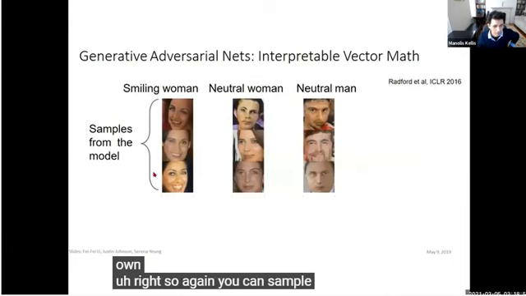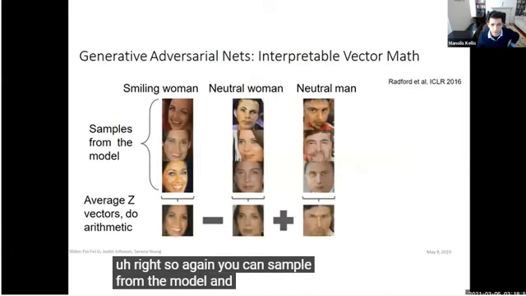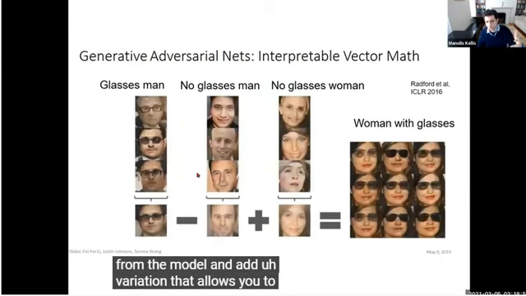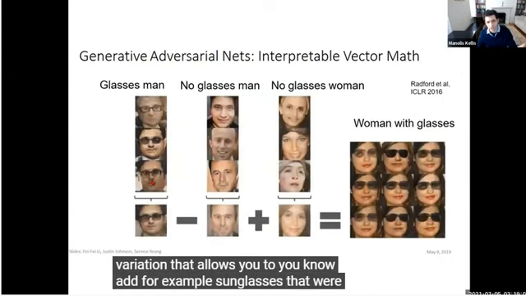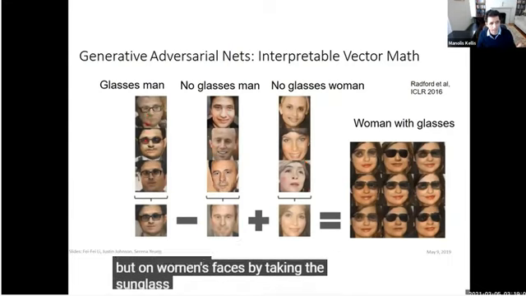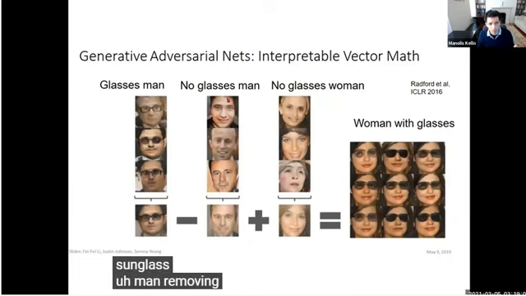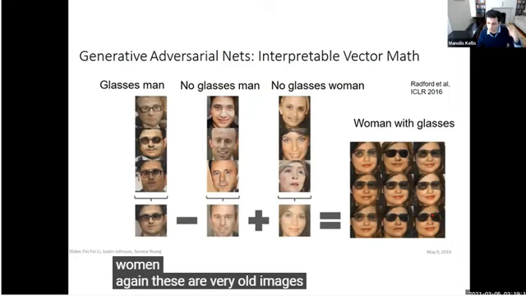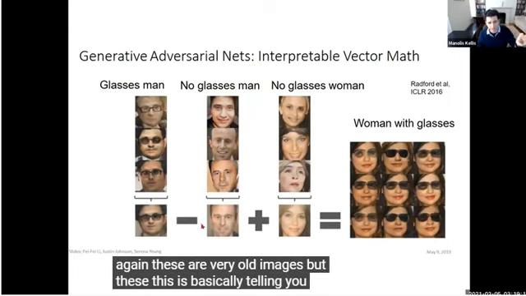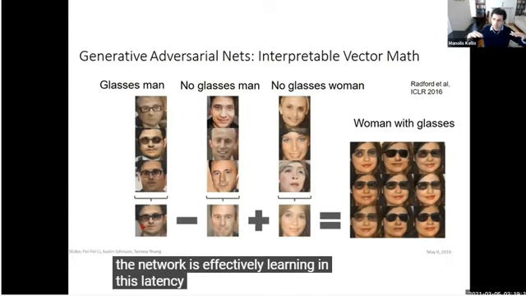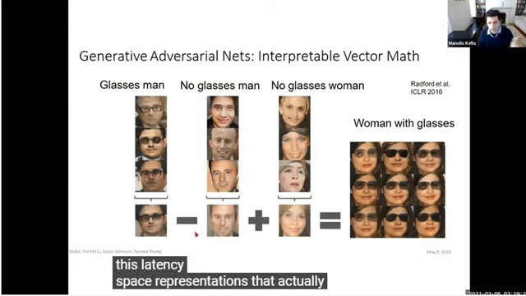So again, you can sample from the model and add variation that allows you to add, for example, sunglasses that were learned on men, but on women's faces, by taking the sunglass man, removing the no glass man, and then adding the vectors of no glass women. Again, these are very old images, but this is basically telling you that the network is effectively learning in this latent Z space representations that actually make sense,